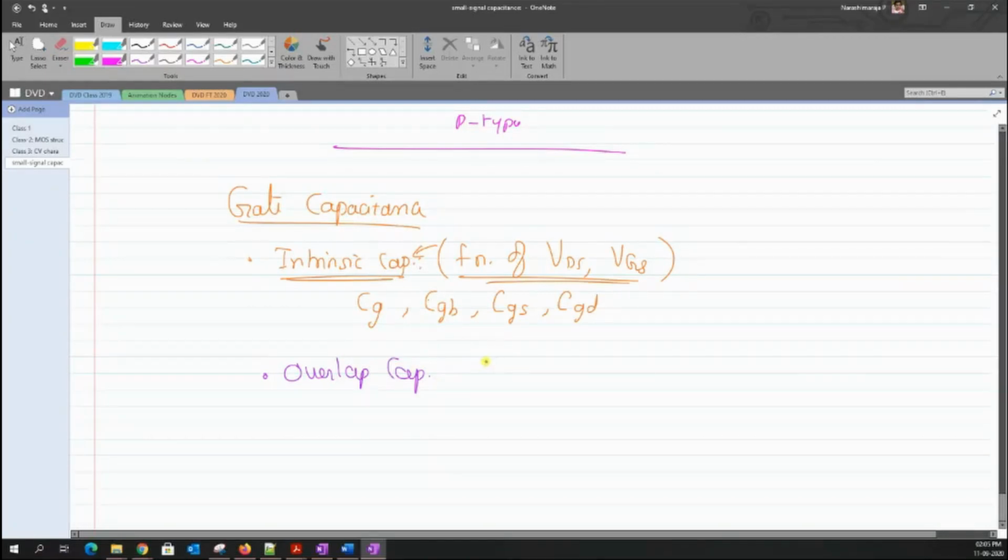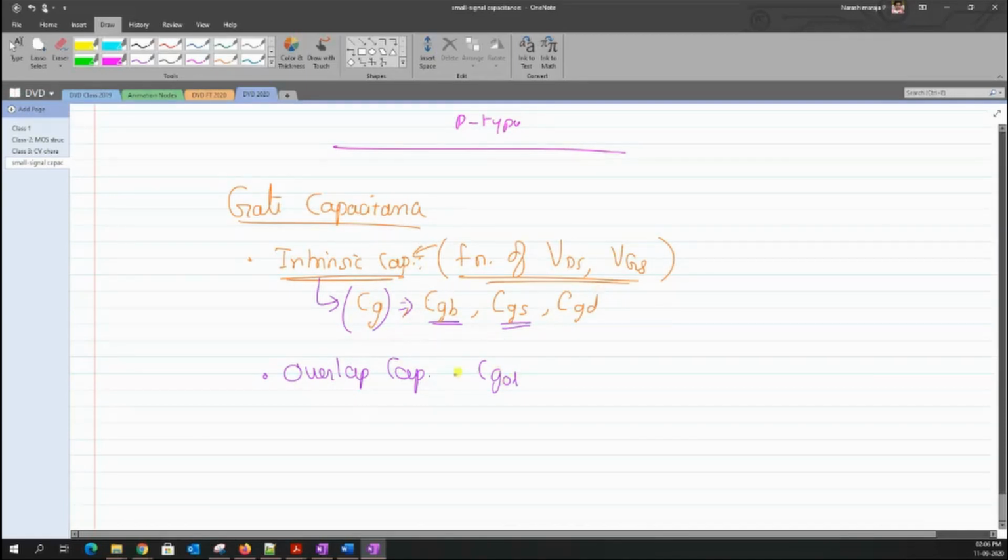Let me just write this as COL, just to have a convention different from the CG that I had here. The convention that I use for the intrinsic capacitance is just CG, and this CG has derived versions. When I'm referring to the CG with respect to body, it will take the form of CGB. If I'm referring to the gate capacitance with respect to source, this CG will take the form of CGS. That is how the CG is connected to each of these capacitances.